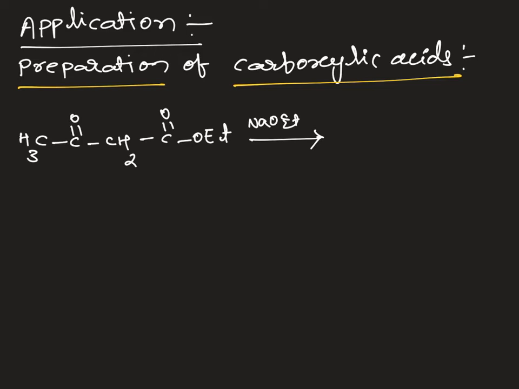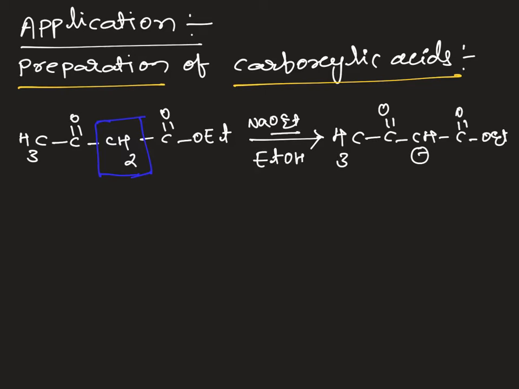Here we have an active methylene group and these hydrogens are more acidic. The base will react with this proton, which forms a carbanion, and which forms an enolate. C double bond O, CH minus, OEt, and here EtOH is eliminated. Ethoxide abstracts the proton and is converted into ethanol, and Na plus counter ion will be there, and this is stabilized by resonance.